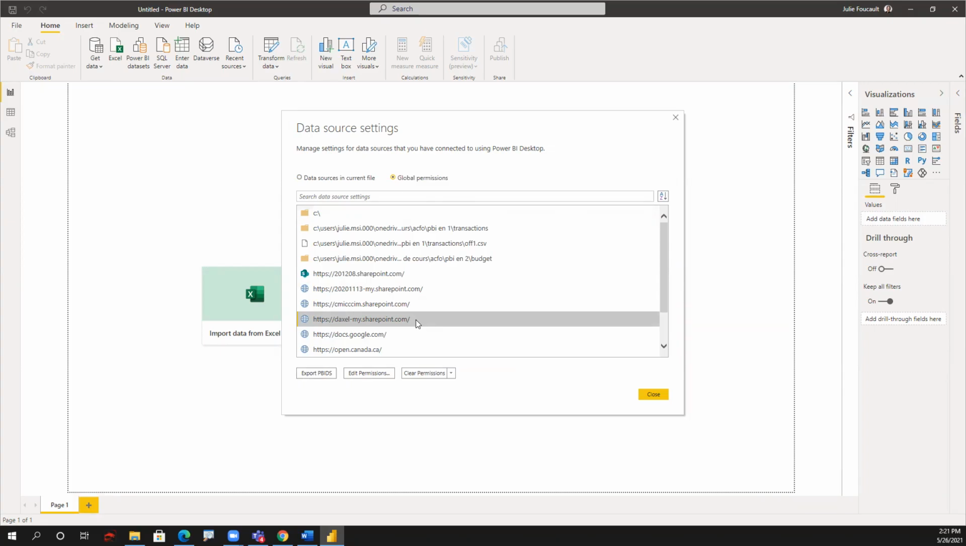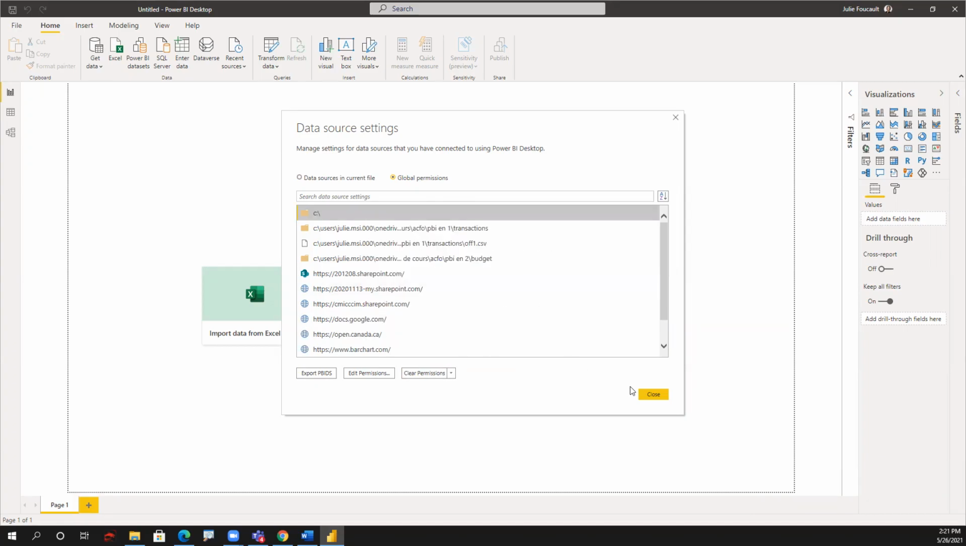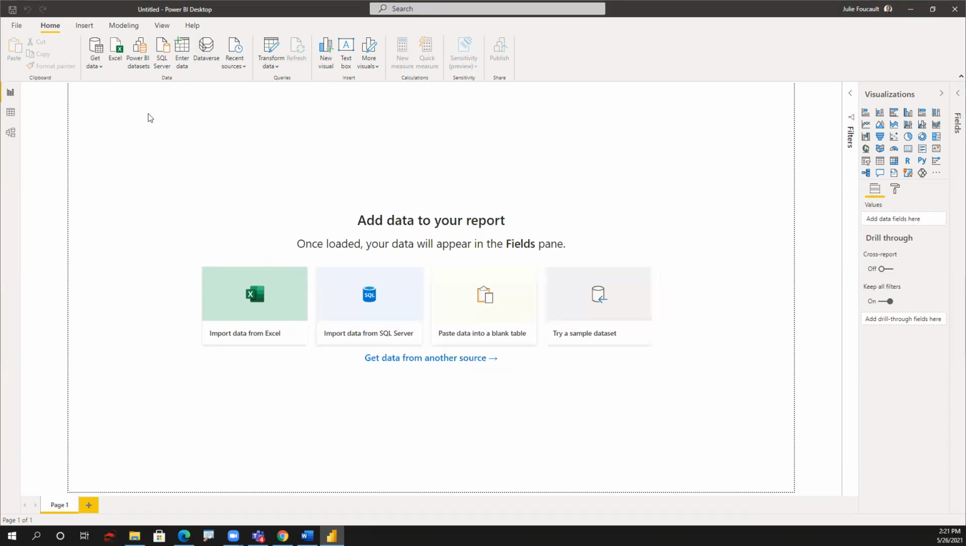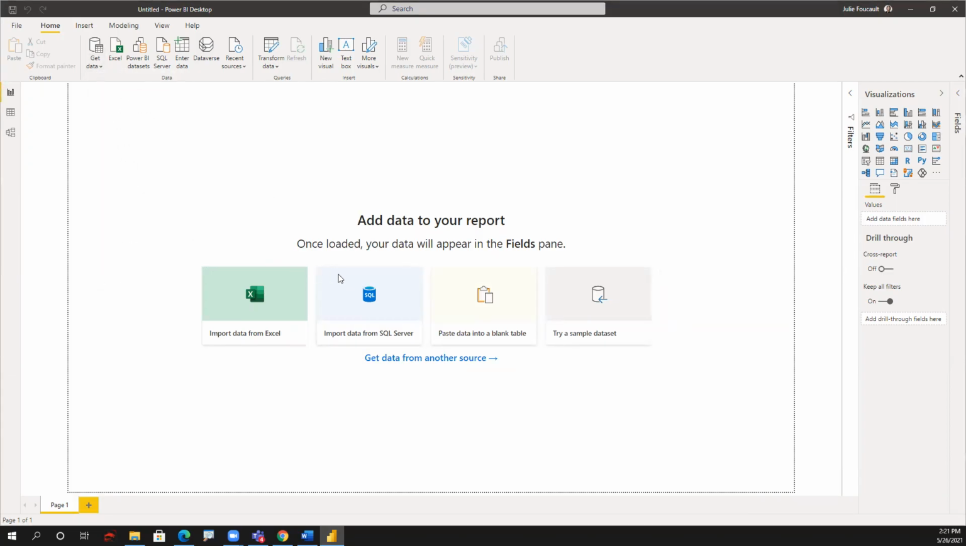So connecting to this wrong account has been saved now in my Power BI Desktop as the account to use to connect to Excel SharePoint. So I just find it in the list and click Clear Permissions, Delete. And now if I try again to connect to my web source,